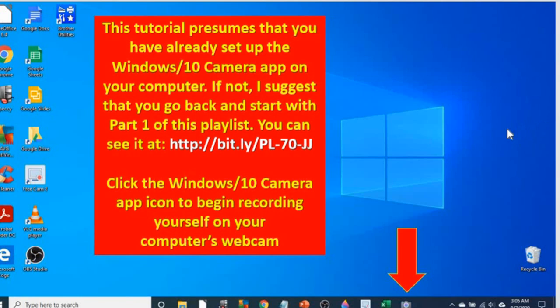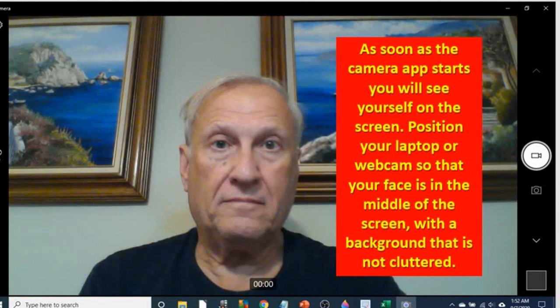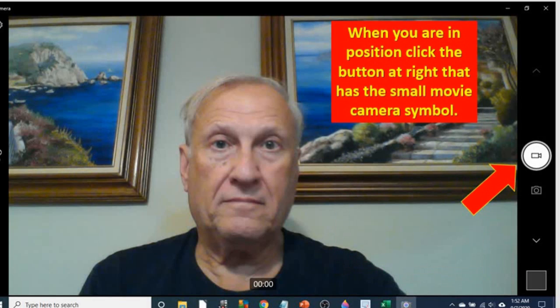Click the Windows 10 camera app icon to begin recording yourself on your computer's webcam. And as soon as the camera app starts, you'll see yourself on the screen. This is the time to position your laptop or webcam so that your face is in the middle of the screen and hopefully with a background that is not too cluttered. When you're in position, click the button at the right that has the small movie camera symbol,